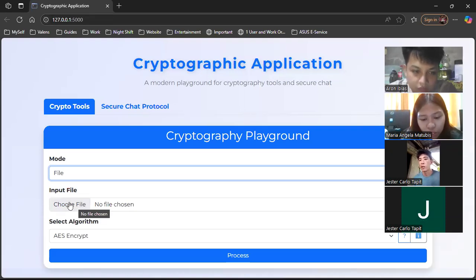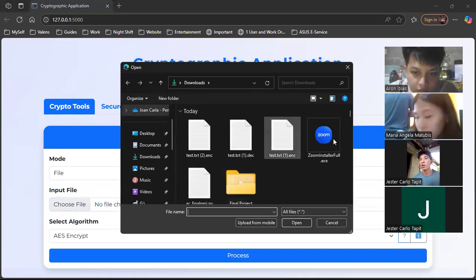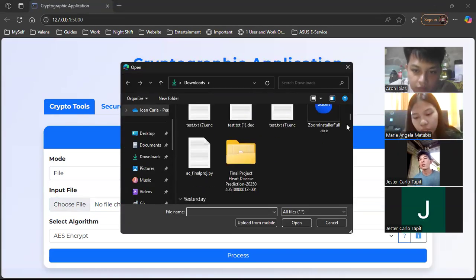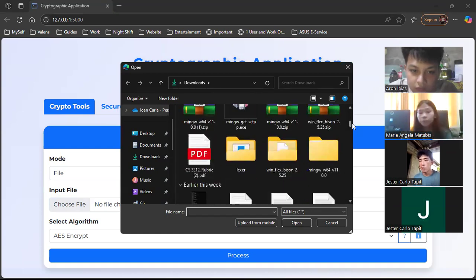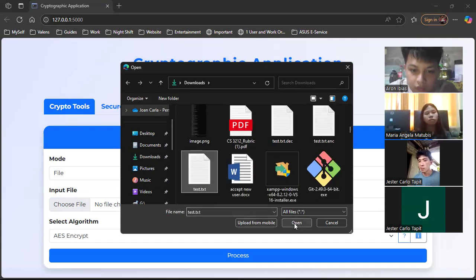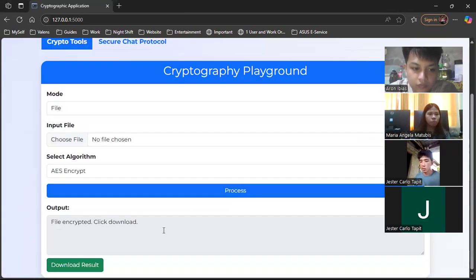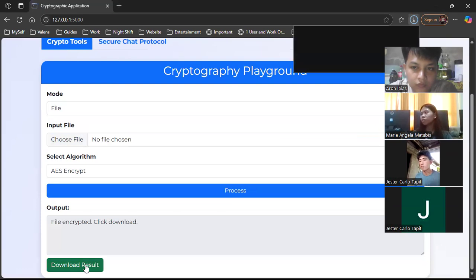For example, in the AES encrypt, you can choose two modes, which is text or file. We will test if file uploading will work on this. So we chose a TXT file and we process it and we will download the results.